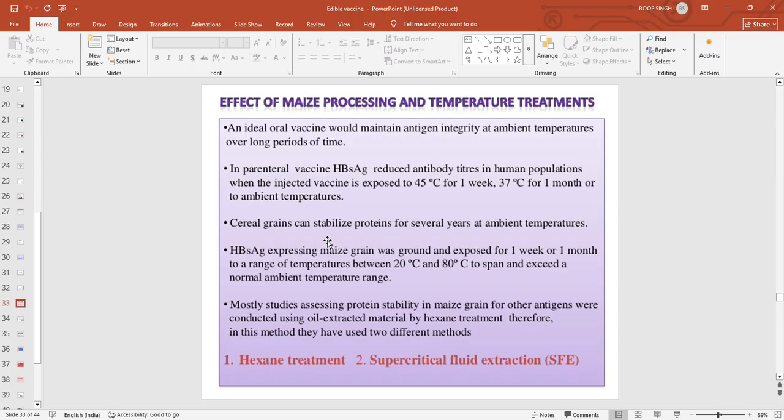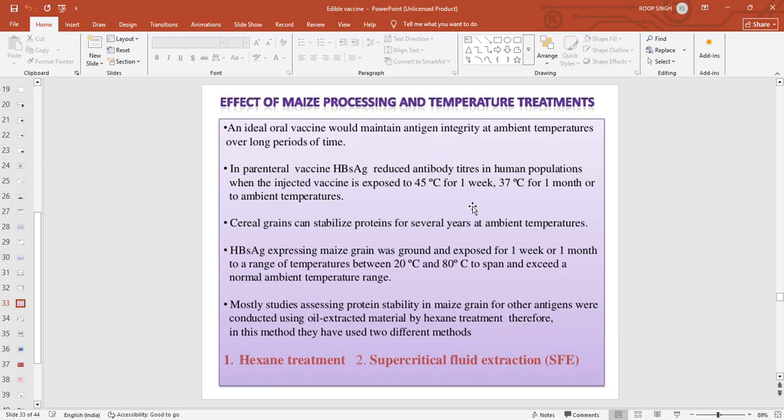Cereal grains can stabilize protein for several years at ambient temperatures. Once you have cereal grains like maize or rice, they can stabilize the protein for several years at ambient temperature. You can keep it for several years. But the other vaccines, the HBsAg ones, were not very stable. At 37 degrees Celsius, they are stable only for 1 month, or even at ambient, so not more than 1 month. So the stability is very low, highly unstable, only 1 month at 37 degrees. So you need cold storage for